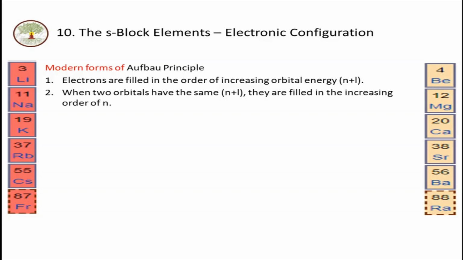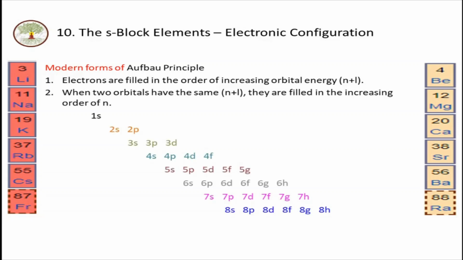that is n. So, according to the above rule, 1s orbital gets filled first, then 2s, then 2p, and then 3s, and then 3p, and then 4s, not 3d orbitals. Remember that when Aufbau gave this principle, orbitals were not very well explained, and according to him, electrons were filled in the increasing order of principal quantum number. His original principle holds true only up to atomic number 18.